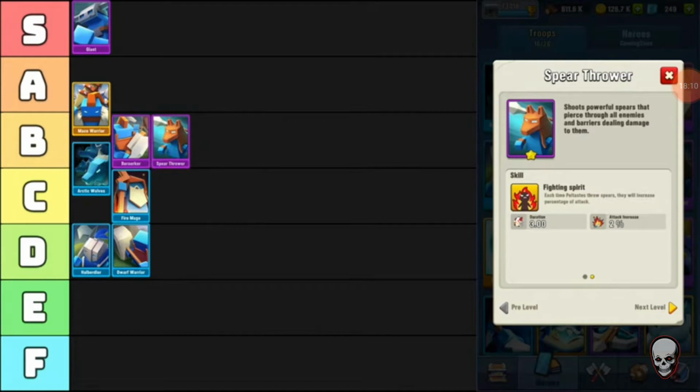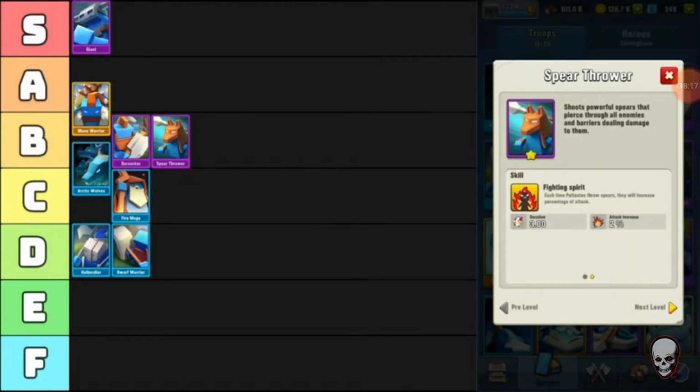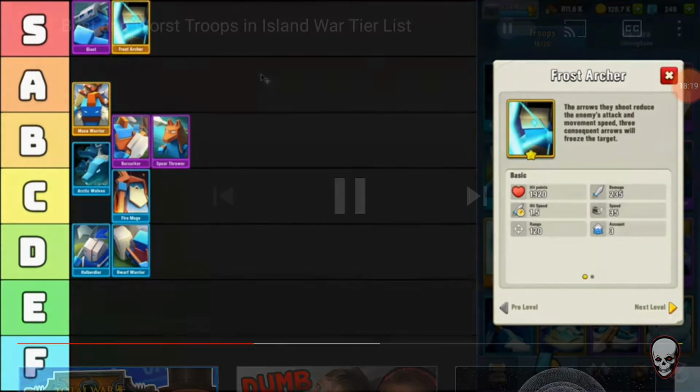If you send them in the front, these guys will accidentally tear down the walls, and that's really helpful. So these guys, I'd give them an S. Throwers work really well before you have a bunch of Frost Archers, but then I would start replacing them for Frost Archers. Speaking of Frost Archers, I think these are the best attacking troops in the...